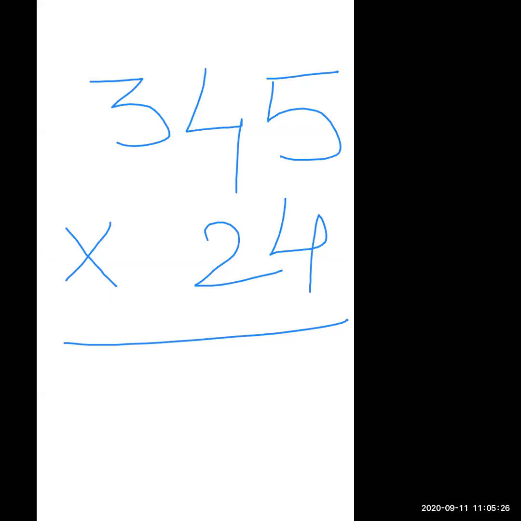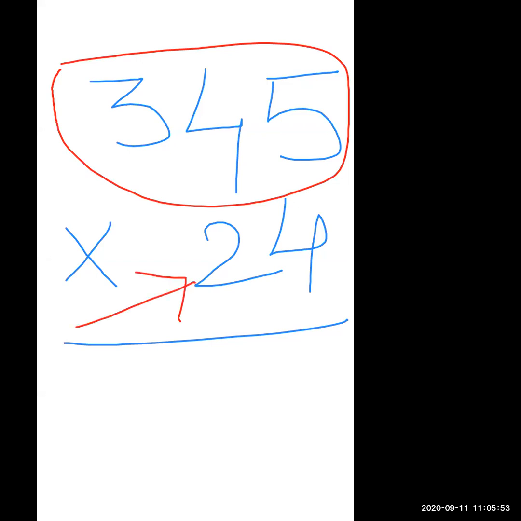24. Who is Manasvi? Manasvi, beta, you have not understood. Okay, I'm going to explain to you. Wait a second, student. Again, look properly. Your first number, which I gave you in red color. See, this is your first number, 345. Yes. The second one is what? It's a multiplier. 24 is your multiplier.